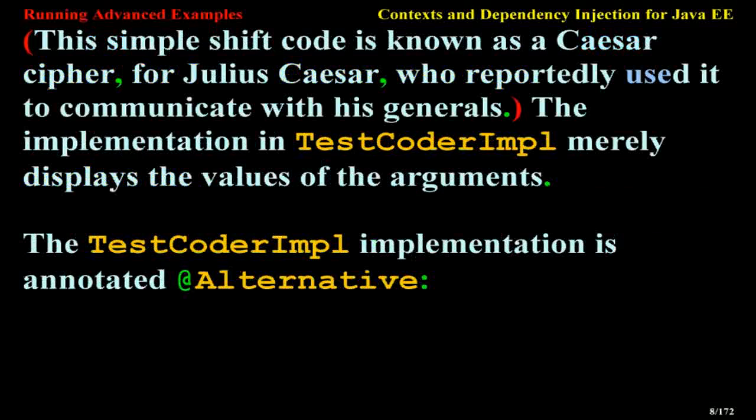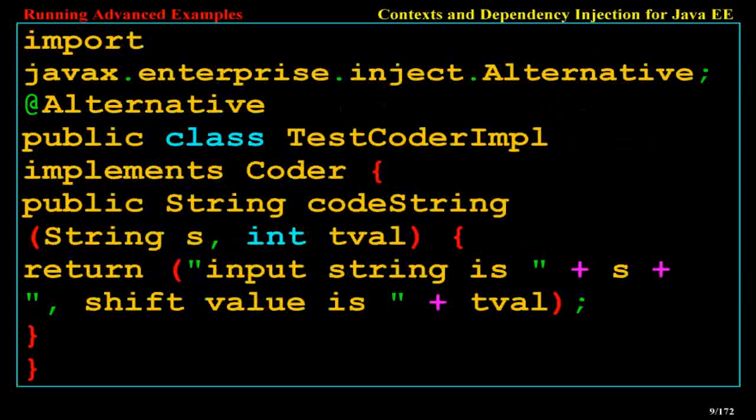The TestCoderImpl implementation is annotated @Alternative. Import javax.enterprise.inject.Alternative. @Alternative public class TestCoderImpl implements Coder: public String codeString(String s, int tval) { return "input string is " + s + ", shift value is " + tval; }